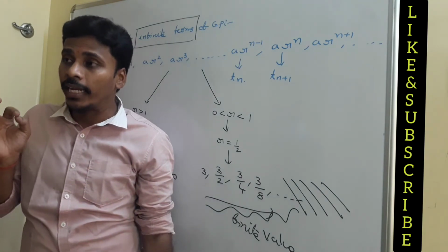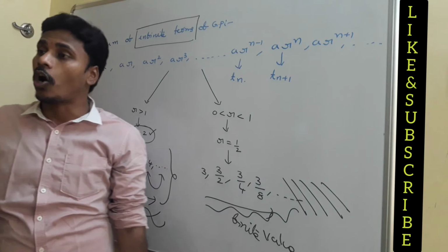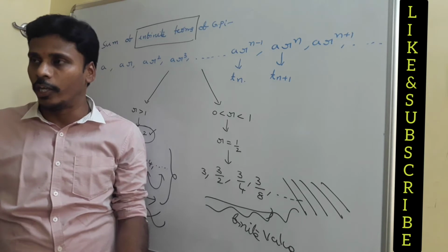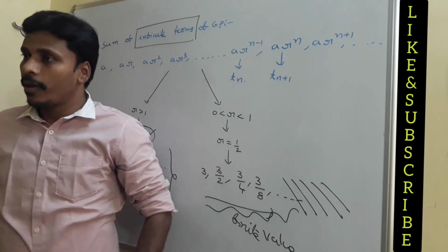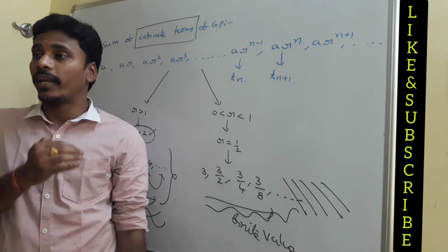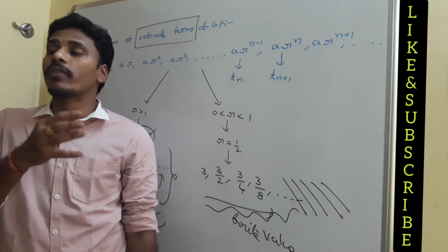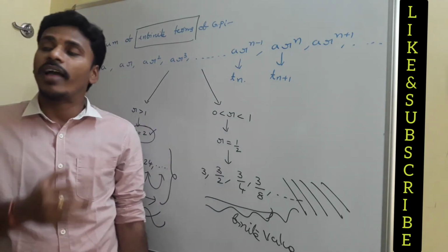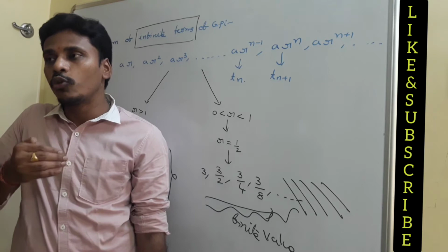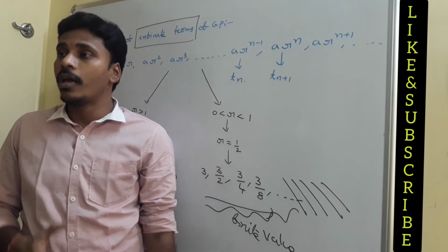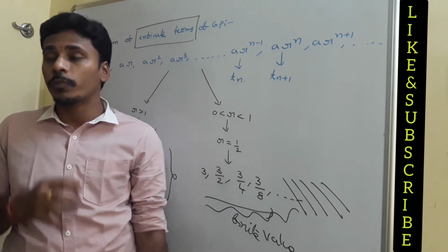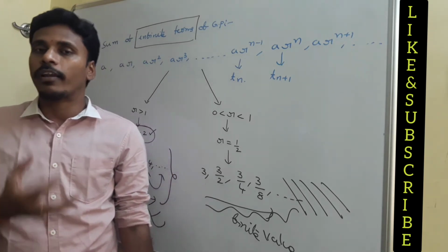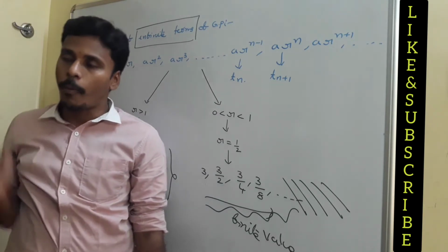Sum of infinite terms of an arithmetic progression is always infinity. That's why there is no need to solve any problem there, because your answer is always infinity, no? So no problem there. But if you think about the geometric sequence and try to calculate the sum of infinite terms, sometimes the value is infinite and sometimes the value is finite. Our task is to find when the value is finite, and how to calculate that finite value for the infinite terms of the geometric sequence.